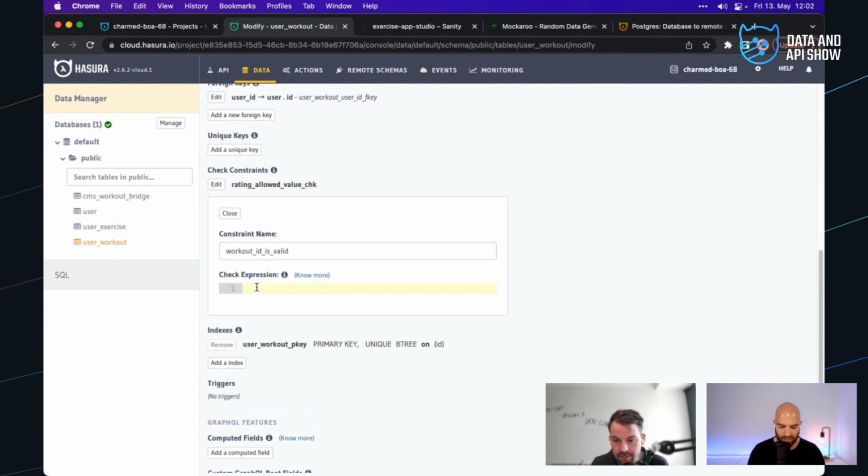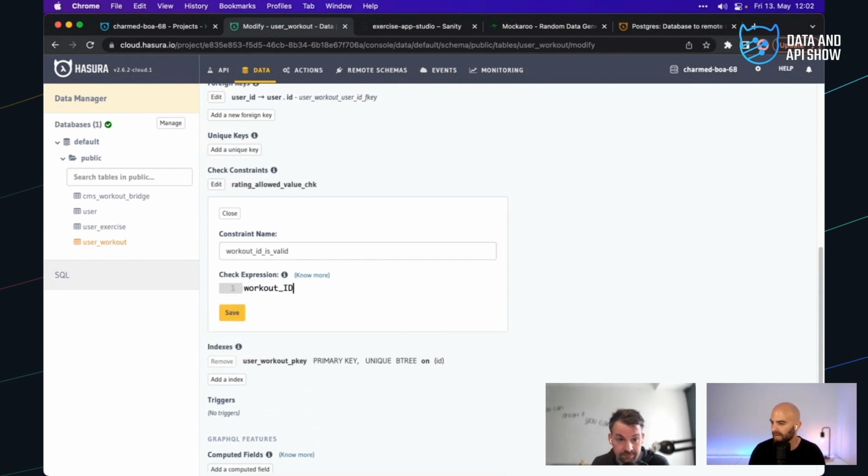And so the expression here should be something similar to workout ID in, and then it's a select slug, or it's like workout ID from CMS workout bridge, I think.